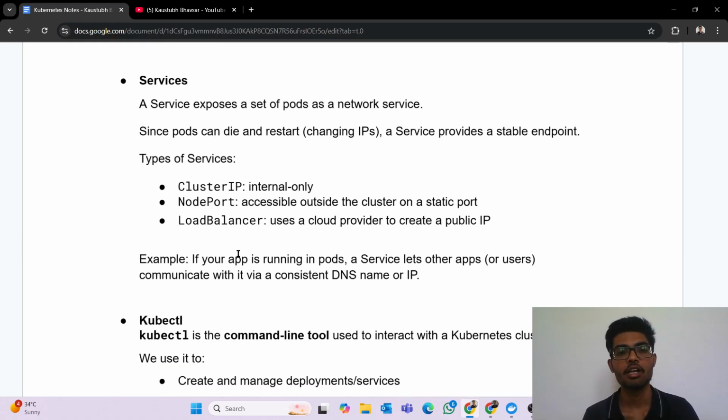Now, services. So what is a service? A service exposes a set of pods as a network service. If you have basic knowledge of Docker, you might know that MongoDB was working on port number 27017. If I wanted to access that 27017 port on my local machine, I was not able to access it. Why? Because that particular port was related to the container, not my host machine. So what I did was port binding. I bound the port of my host machine to the port of the container,